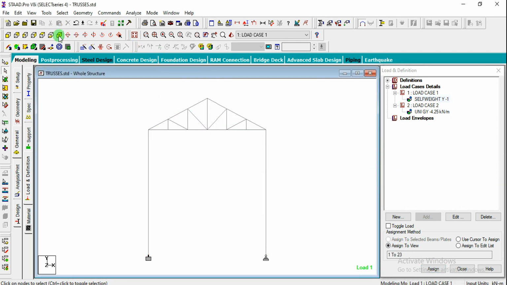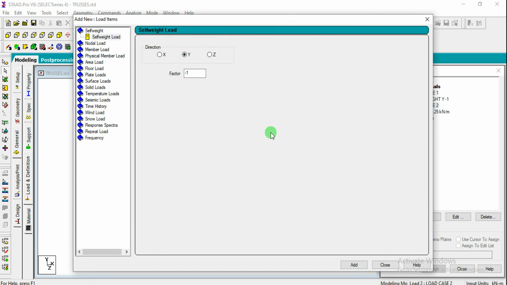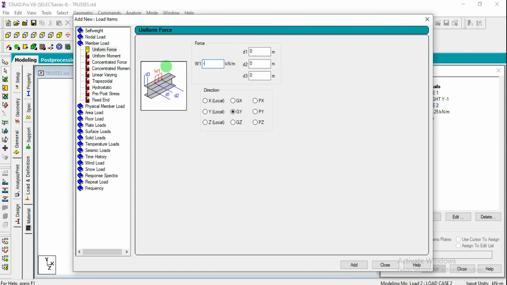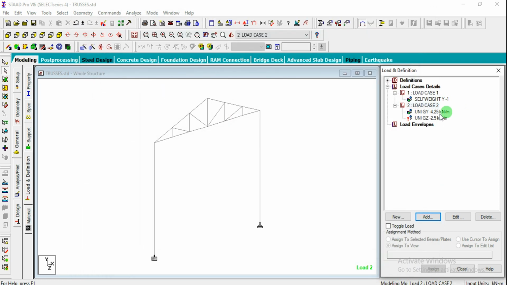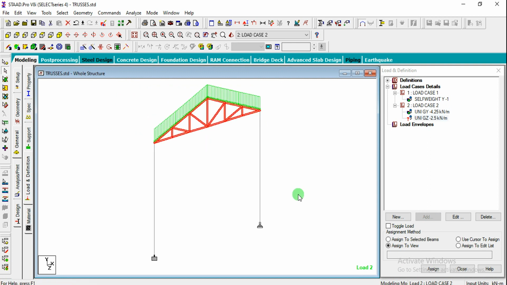So if you are going to get any wind load in front direction, you can add that in Z direction. For example, see, I've taken this one and just go for member load and assign the value you want to give there, suppose 2.5, and since I've given minus, this will be acting towards the back side like this. So add and close. Now I'm just going to select this, go for front view, and I'm going to select the top part of the truss, total truss members, assign to selected beams, assign and yes. You can see that wind loads has been assigned in this direction. Till now we have seen to assign the UDL in Y direction. In this way we can assign for different directions also.